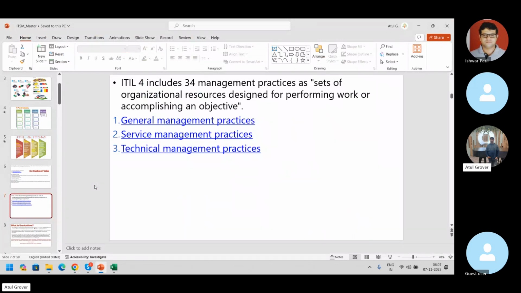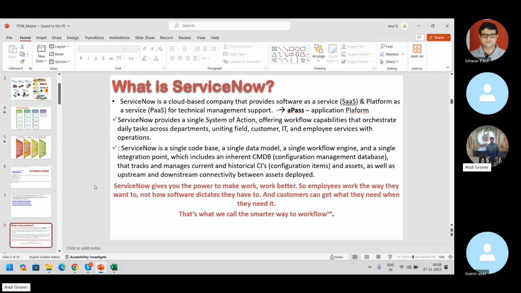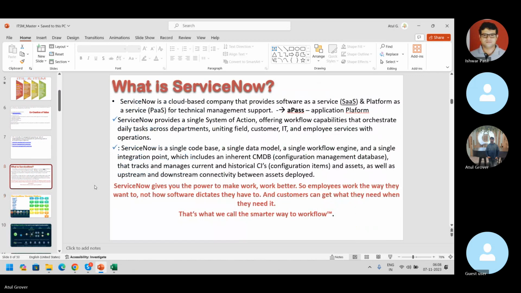Now let's come to the understanding of ServiceNow. I'm not saying that we are going very deep, but we are going to understand the service now. A very brief slide, 4 slides, just to give you a glimpse of ServiceNow, because the purpose of this training is not ServiceNow. The purpose is training for ITSM understanding and implementation. Okay.